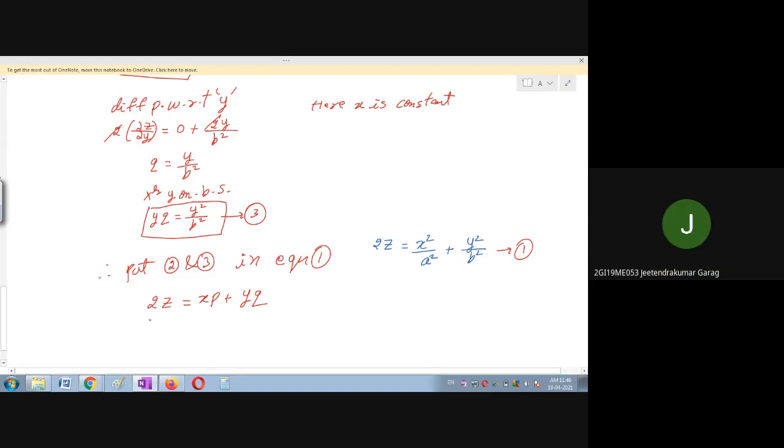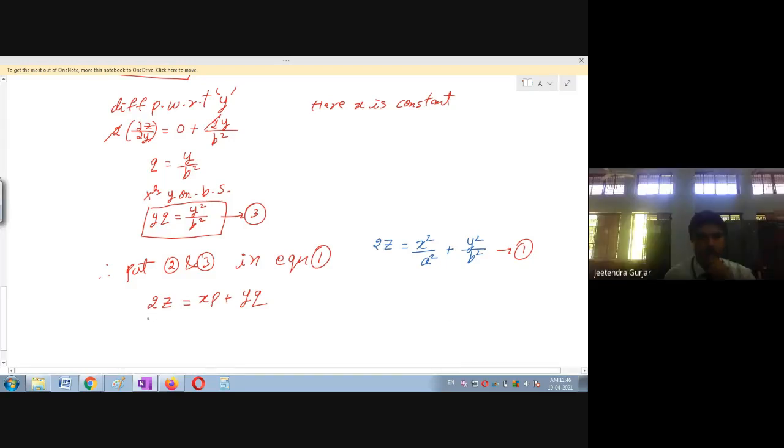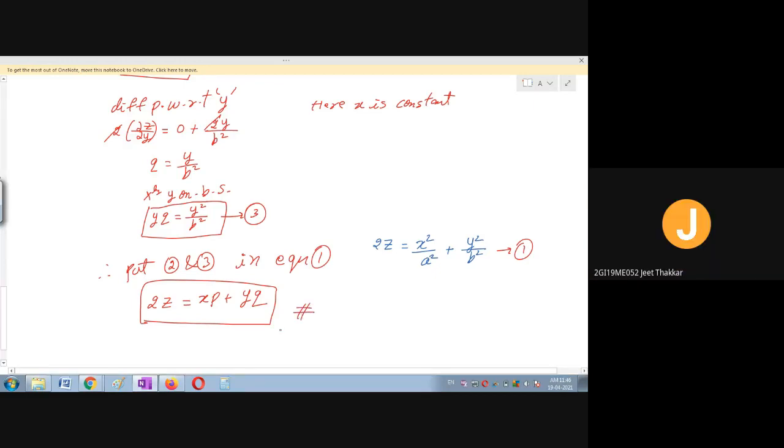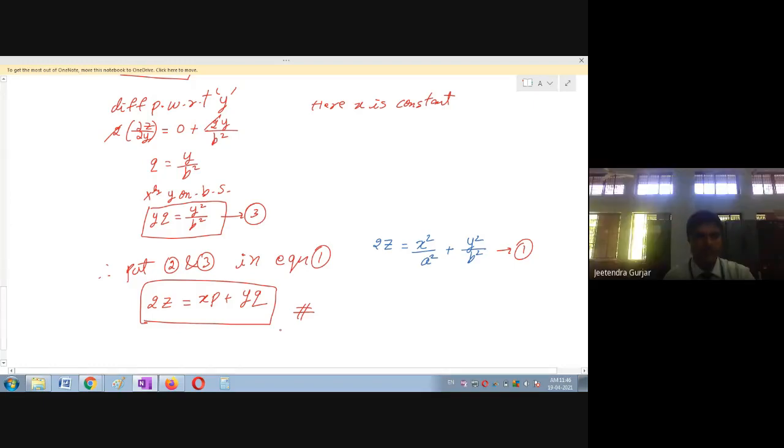So we got it in terms of p and q. How? In p and q, this is the simplest one. See, you do a little modification, so this is the correct method. How you have solved, we will see later. Is it clear now? So I got 2z is equal to x by p plus y by q. Okay, that is also okay. But you have eliminated a and b, right? Yes, sir. Then okay. That is very important: you are going to eliminate a and b.